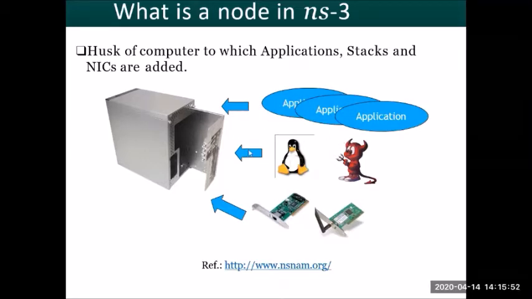The protocol stack needs to be put in. So everything you're going to add. Please remember, when I consider something as a node in NS3, it is just an empty husk or an empty box. There is nothing in the box. So you will start writing your program by taking a node, and into that you will go on adding all these. You will add a net device, which is similar to your network interface card, the NIC card. You will add the IP protocol stack, the complete protocol stack on it. You will add different applications like UDP, TCP, all that. You'll see how we are going to do this.